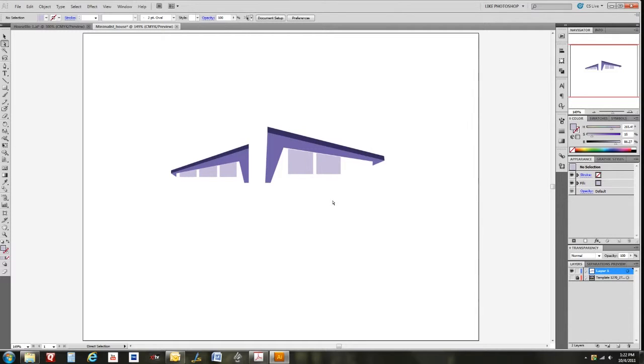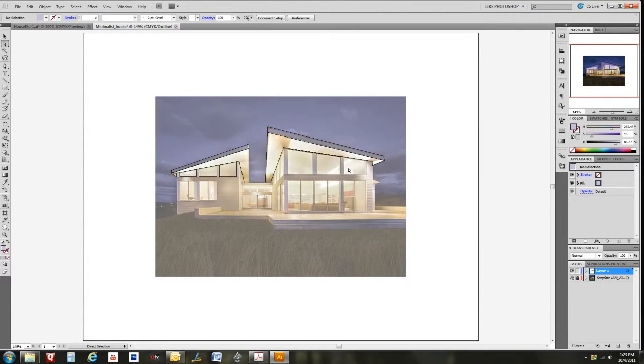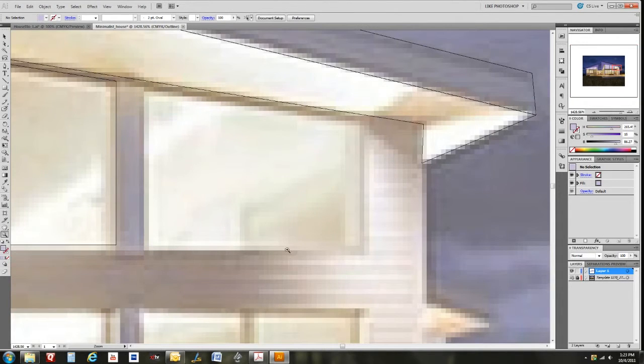So Control Y and then turn back on our template layer. Z to zoom in and hit the pen tool. Okay, click here, go down, make sure we're perpendicular, and intersect there, and make sure that we're straight here, and let's see, right about there, and click, and then come back up and try to get parallel with this line up here as best we can,